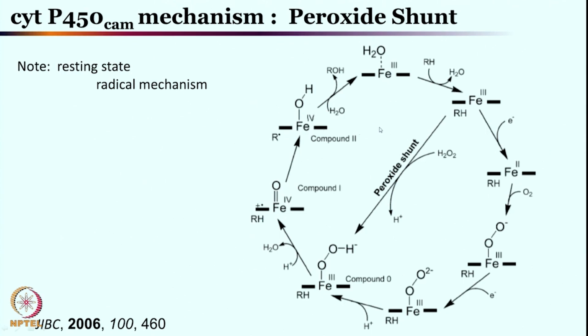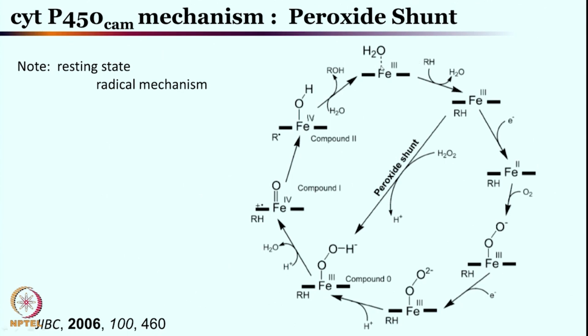Well, you have seen also the catalase activity and the peroxidase activity. If this pathway is not forming or is not the desired pathway, oxygen is missing or the electron transfer is not sufficient, in presence of hydrogen peroxide as an intermediate or as an active species, we can utilize these iron 3 species to settle between iron 3 and iron 3 hydroperoxide. This is known as the peroxide shunt, but this is the mechanism you have seen for the peroxidases, right.